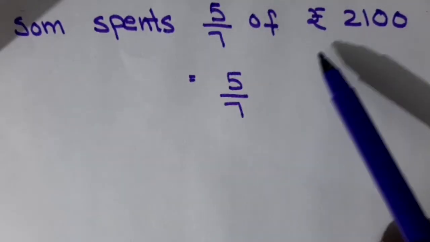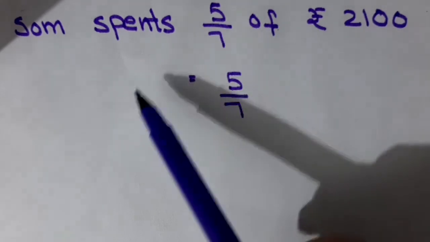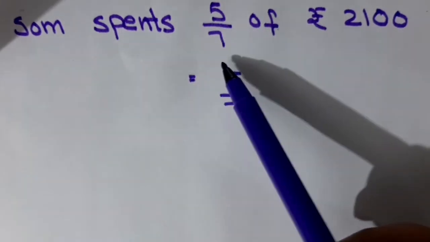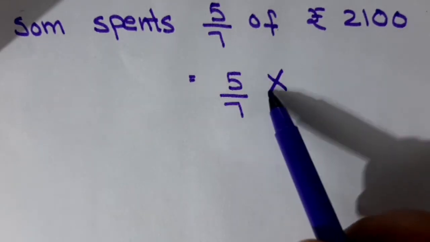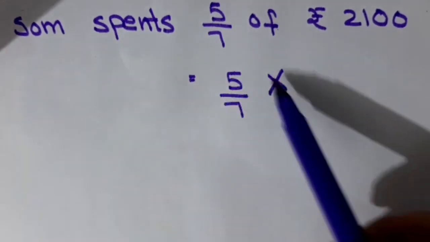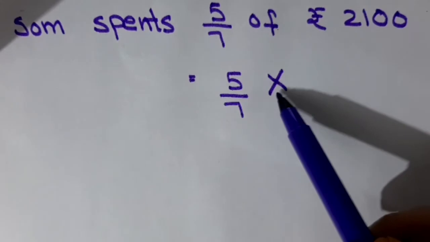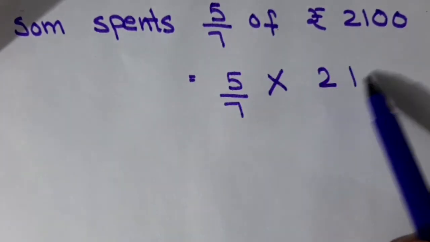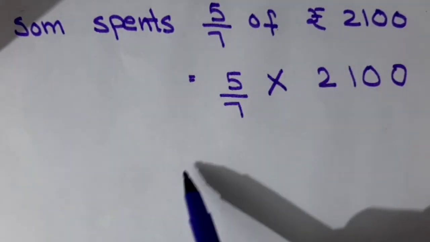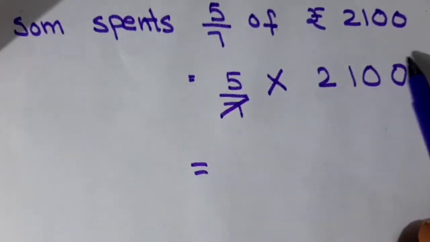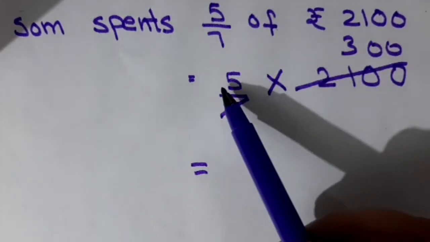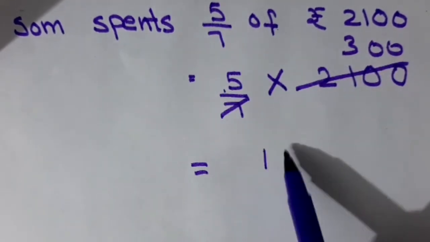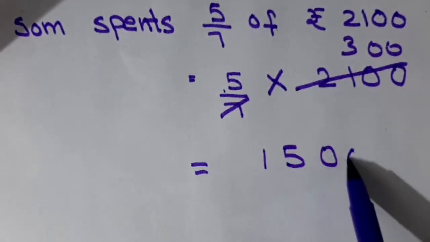Now total money is rupees 2100 and Som spent 5 by 7 of his total money. So the money will become 5 by 7 into 2100. Now you can cancel. 7 threes are 21, so 300. Now 5 into 300 is 1500. So Som spends rupees